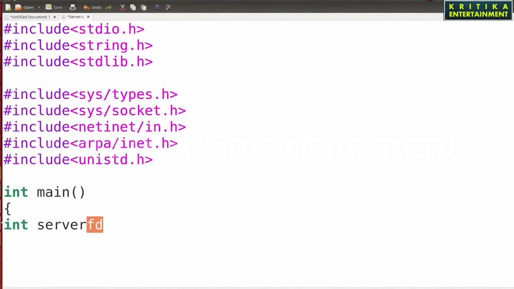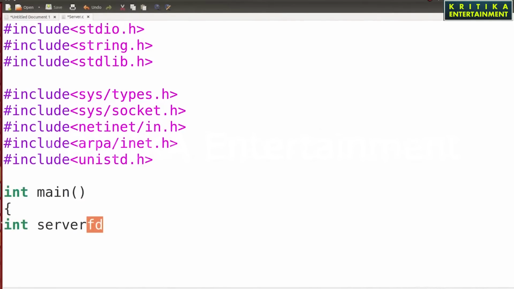Similarly, when a socket is created, it returns a number, and I want to store this number in server_fd. That number is 3. After the server socket is created, it returns 3, and that will be stored in server_fd. Whenever I use 3 or server_fd, it will point to this program which I am currently writing.